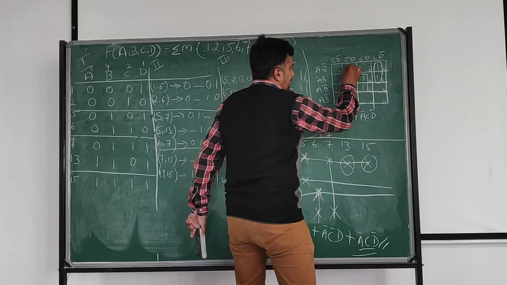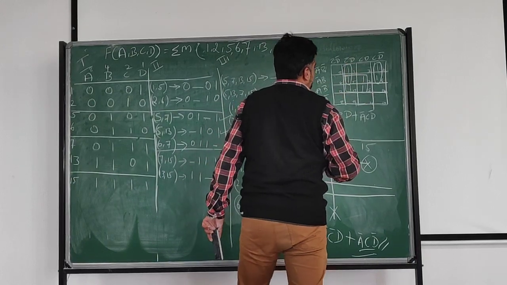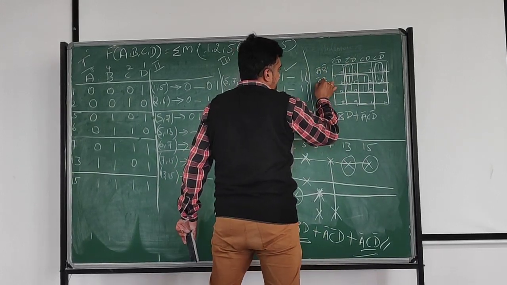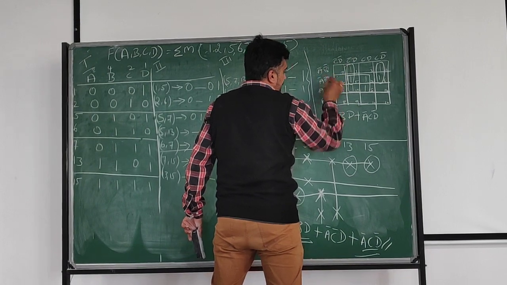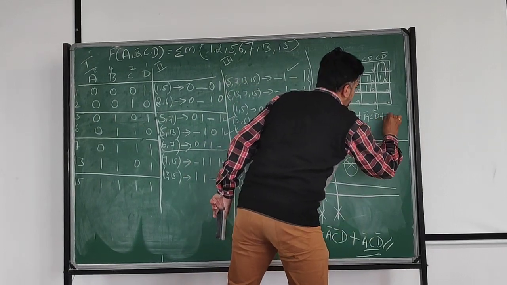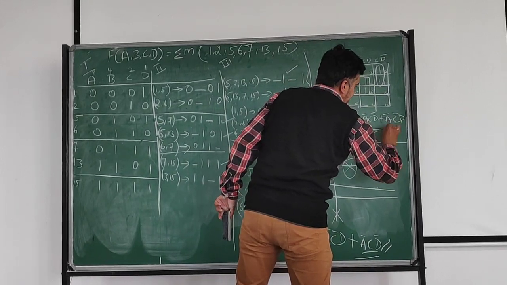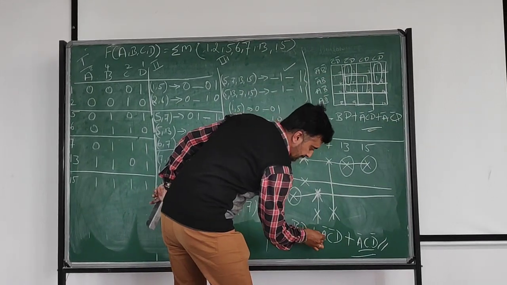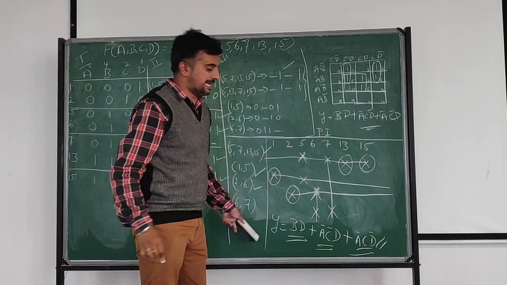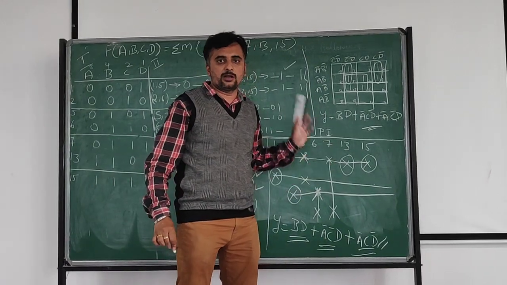You have to check for this one. How? One available. You have to pair. So A bar is same, B bar B is different. A bar, and remaining is C bar D. So check A bar, C bar, D. Yes. Three expressions are correct. So then the problem is 100% correct.